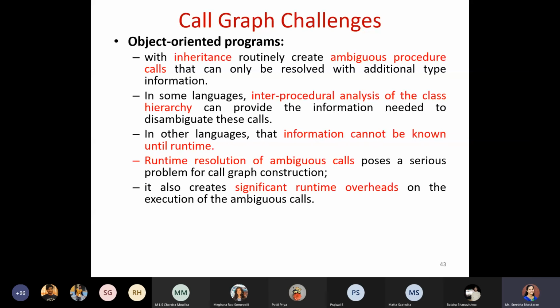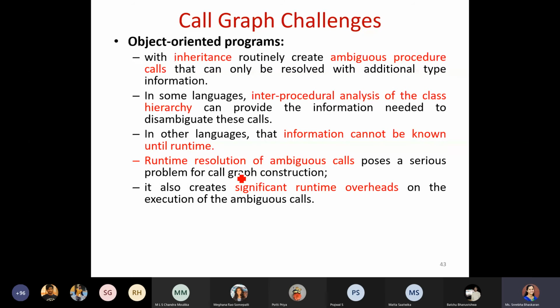The other challenges here, if you are talking about this call graph for object oriented programming. In the C program and all, we will have different names used for different functions. But whenever we say object oriented programming, meaning Java, C++, for all those things, we have one more thing, which is the overloading concept. Because of this overloading concept, you should make out whether you are calling any procedure or whether you are calling the same operator itself. So that means we have little more computation to be taken care of.